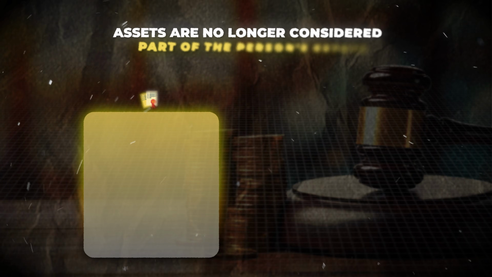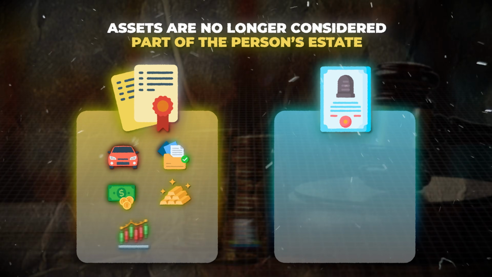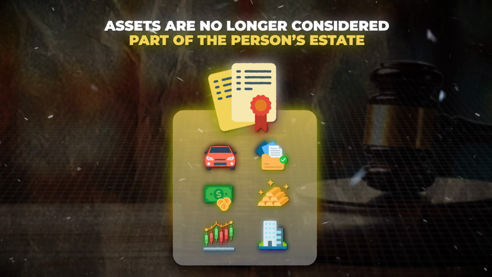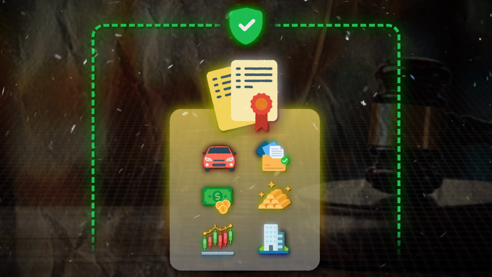The reason is because once they are in the trust, they are not considered to be a part of the person's estate anymore. They are considered to be a part of the trust. So, setting up a business trust can go a long way towards protecting assets from seizures by creditors as well. There is, however, some variations from state to state regarding the laws that pertain to asset recovery from creditors.